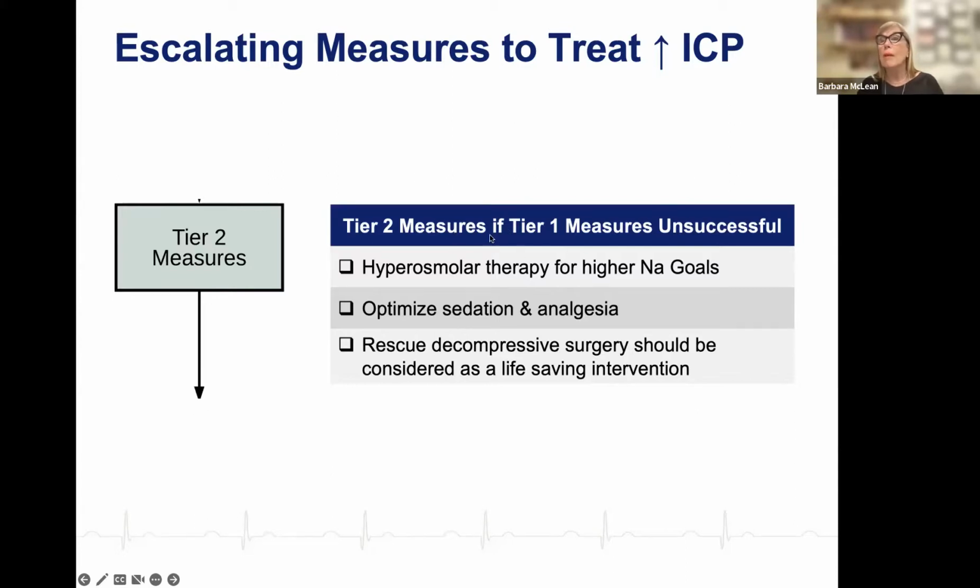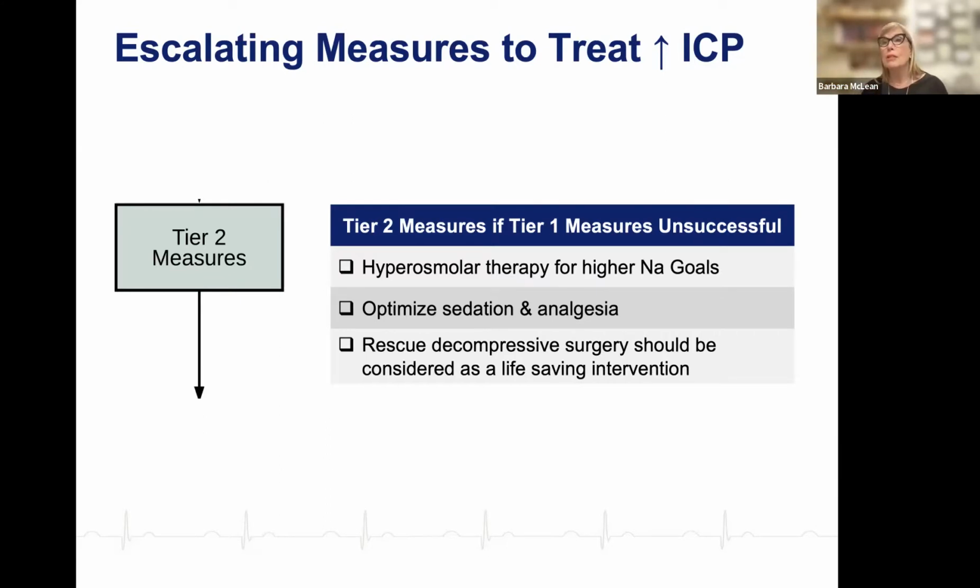We're going to start to give hyperosmolar therapy for sodium to be higher. Lower levels of hypertonic therapy is usually 150 to 160, but now I'm going to go up to 170, maybe 180. I'm going to optimize sedation and analgesia. Typically at this point, what you often will see is that Versed boluses and Versed drip starts to get added onto your propofol and your fentanyl. So now you're giving Versed boluses, you're titrating your drip. So you give 3 boluses, you titrate up. Sometimes patients are in a continuous Versed drip of 40,